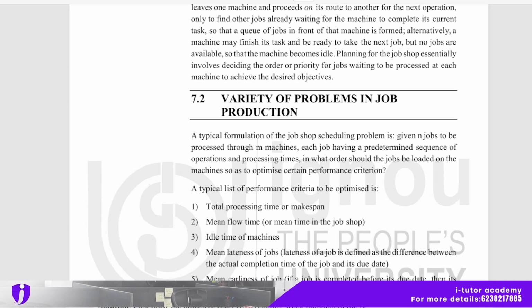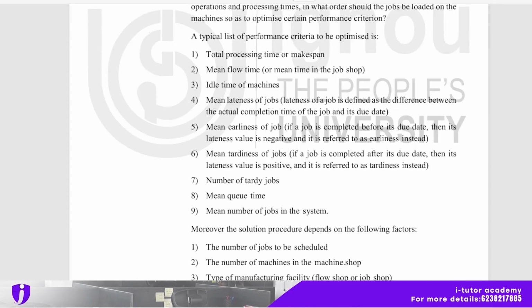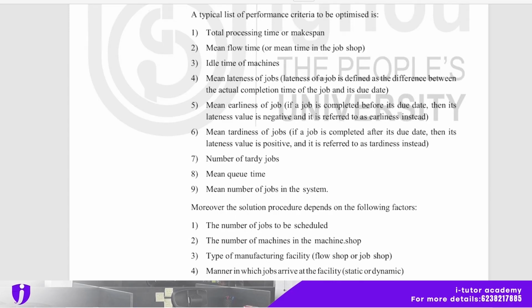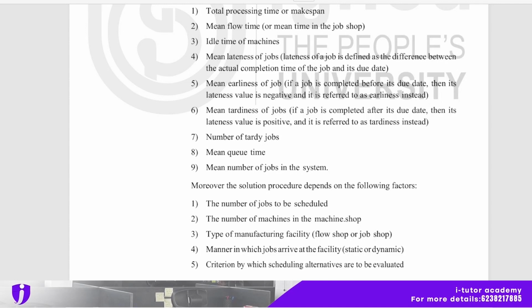A typical list of performance criteria to be optimized is: total processing time or makespan, mean flow time, idle time of machines, mean lateness of jobs, mean earliness of jobs, and mean tardiness of jobs,